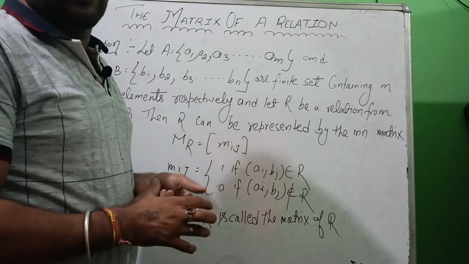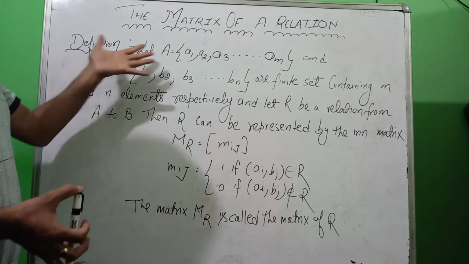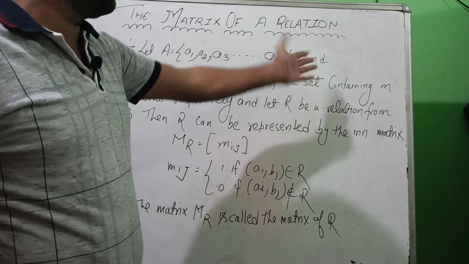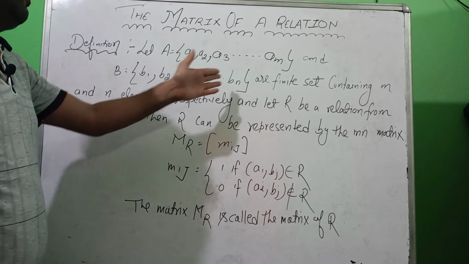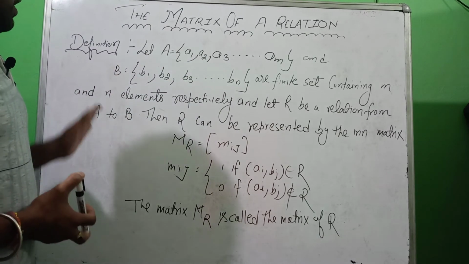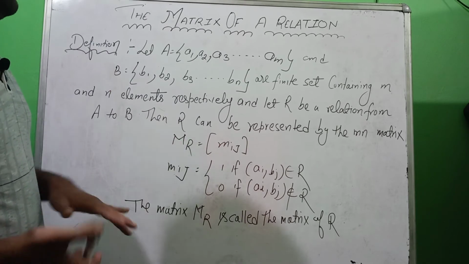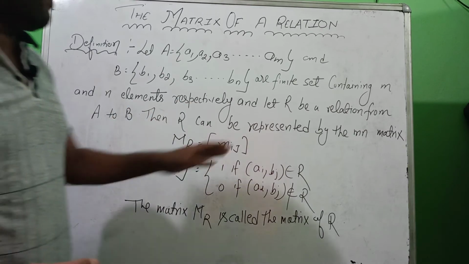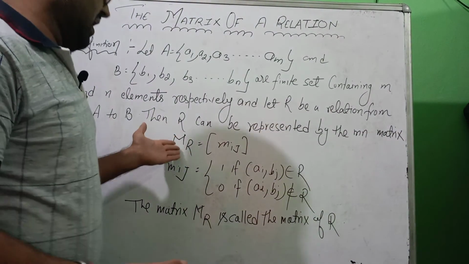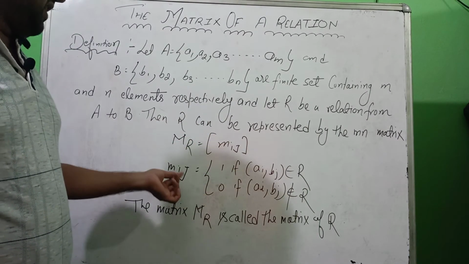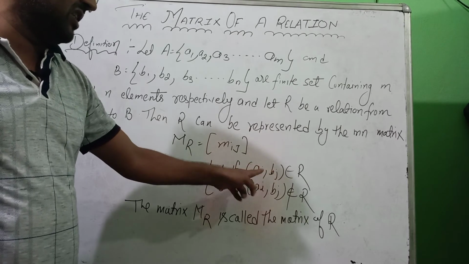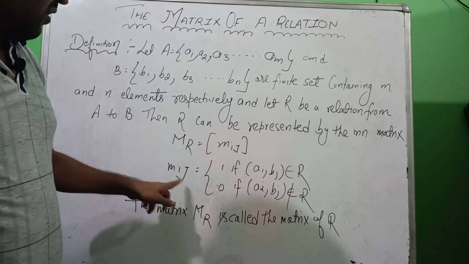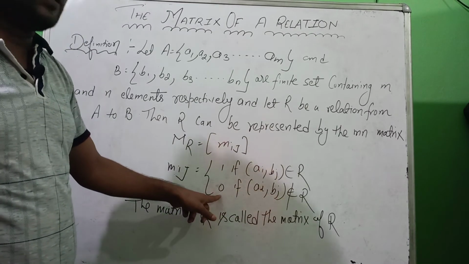जो अभी तक हमने एग्जाम्पल देखे हैं उनके आधार पर अब हम इसकी डेफिनेशन बनाएंगे। सो इफ़ यू हैव अ टू सेट, let the set A have A1, A2, ..., Am containing m elements, and set B have B1, B2, ..., Bn containing n elements respectively, and R be a relation from A to B, then R can be represented by the m×n matrix MR. The entry Mij is 1 if Ai is connected with Bj, then you are going to write here 1. Okay guys, and if they are not connected, then we are writing here 0.